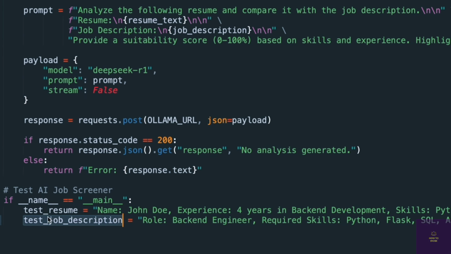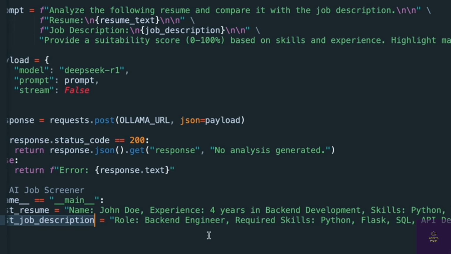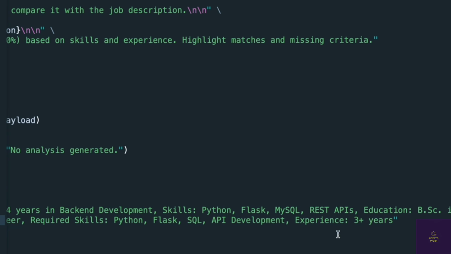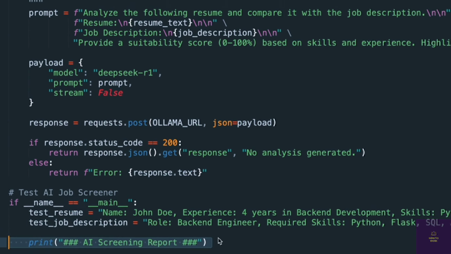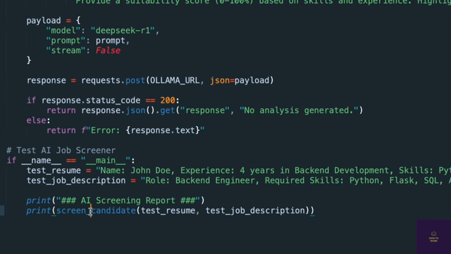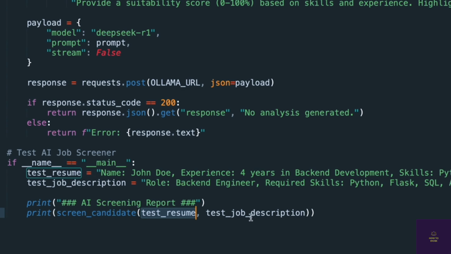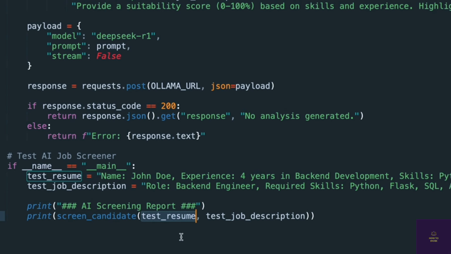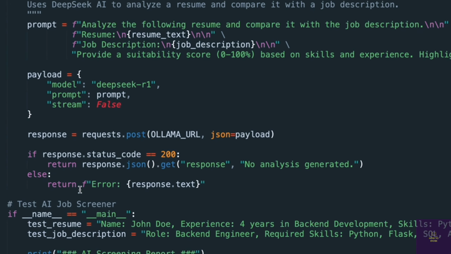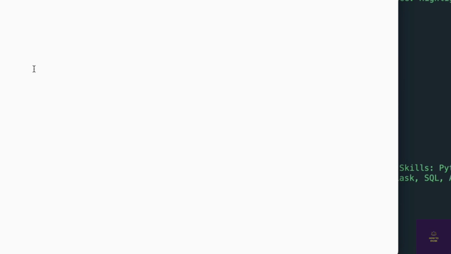And then we have the test job description: role is backend engineer, required skills are Python, Flask, SQL, API development, experience of 3 plus years. Next, I'm going to say print AI screening report, and I'll say print screen_candidate, pass the resume and test job description. Next, I'm going to save this file, go back, and make sure that I can run this file. This is our step number 3,